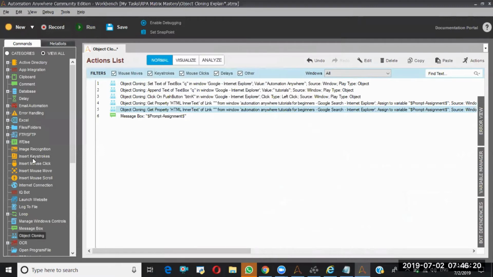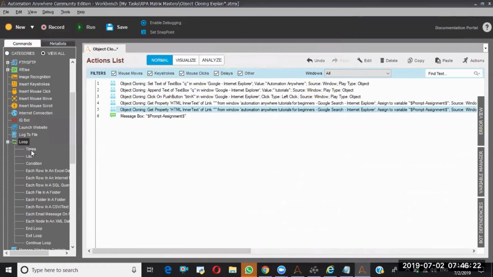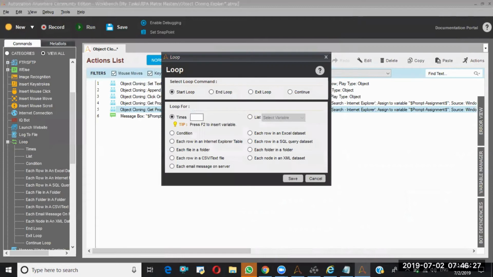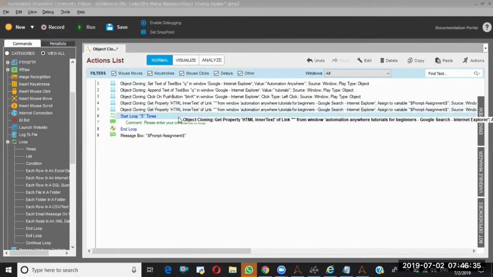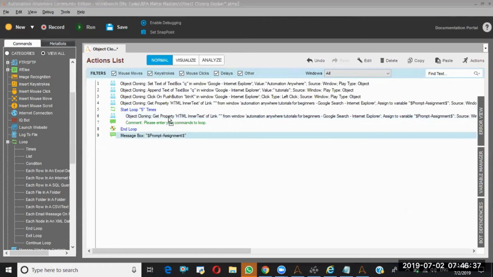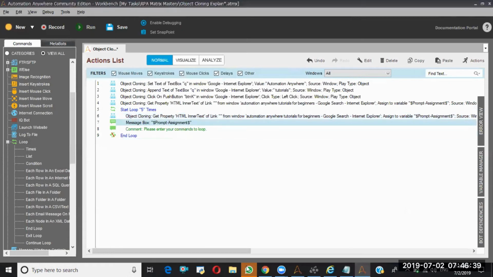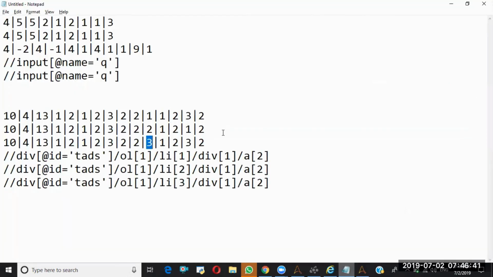Don't worry about the loop concept, I'll explain later. So I'm taking times, 5 times I'm saying save. I'm putting it here. Here, what is the position of this one? 1, 2, 3, 4. Fifth position from the right side.